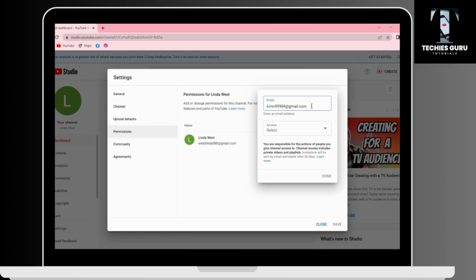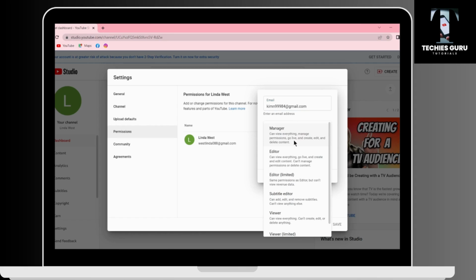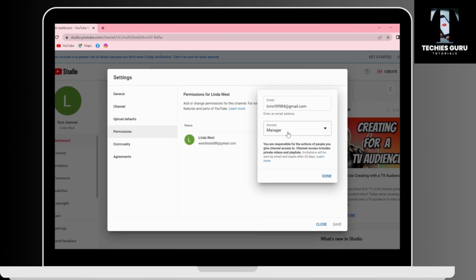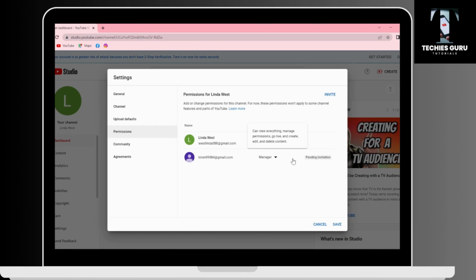After entering the email address, select what access you want that person to have. Here you have options like manager, editor, limited, subtitle editor, viewer. Choose any one option that you would like. After that, hit the done button, and it will send an invitation to this user, and it will